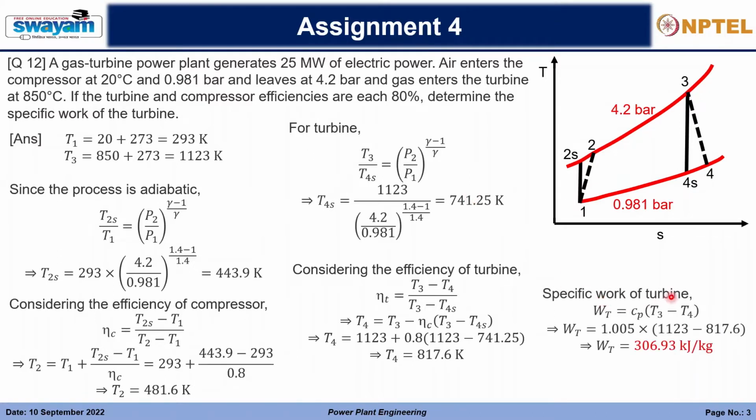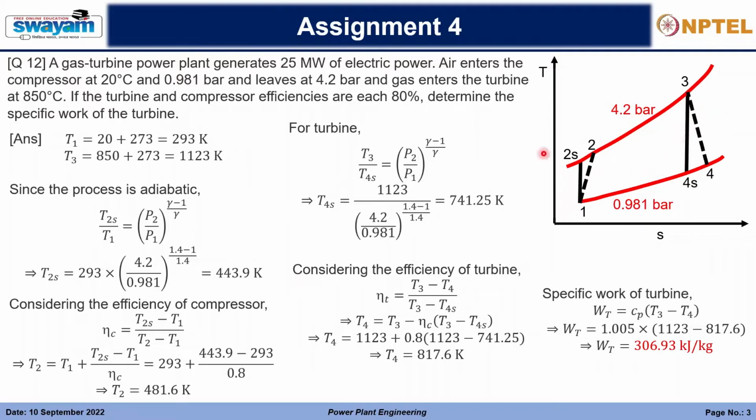So finally the specific work of the turbine is given as Cp into T3 minus T4. Specific work means the work done per mass flow rate of gas which is entering. For our convenience we have taken the value of Cp as the Cp of air, because no other values were given, so you can assume that. I think there is not much difference between the Cp of gas and Cp of air, just 0.1 kilojoule per kg Kelvin. So you can directly calculate by using Cp of air and T3 minus T4, since only the specific work of the turbine is